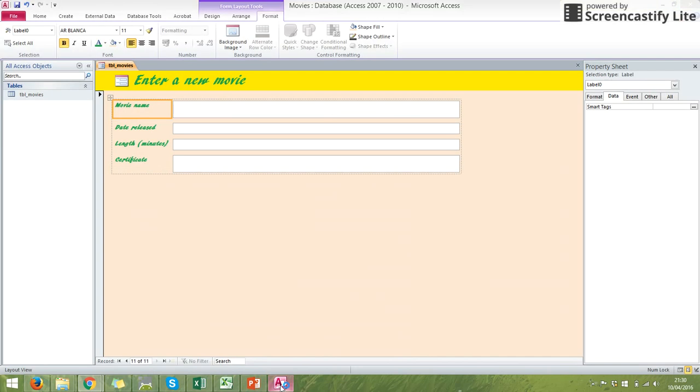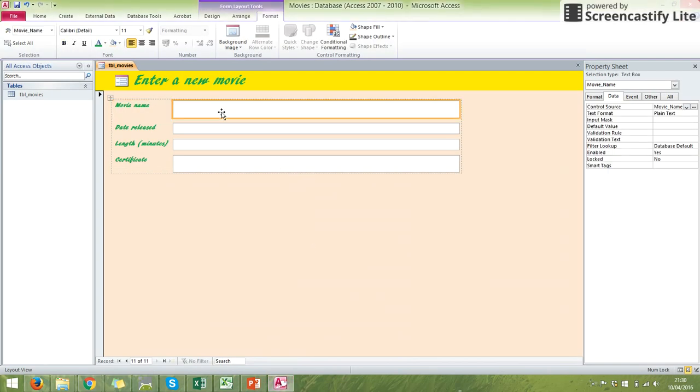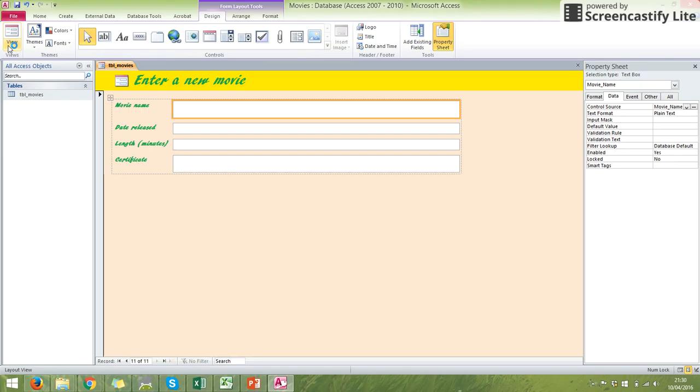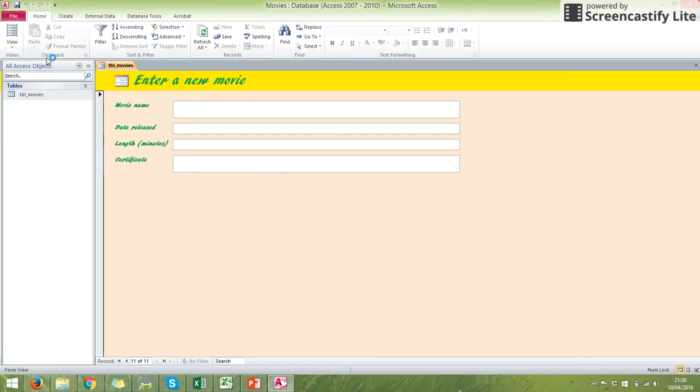I'm going to add it into here. So the movie name is, type into there. So that's really frustrating. I can't actually type into there. Now there's a reason for that, and that's because if we click on design, we're in the wrong sort of view. We're in layout view. What we want to do is be in form view. So if I go into form view, I can now type